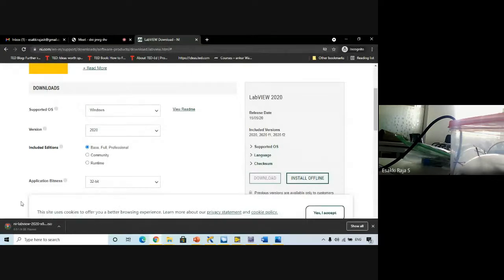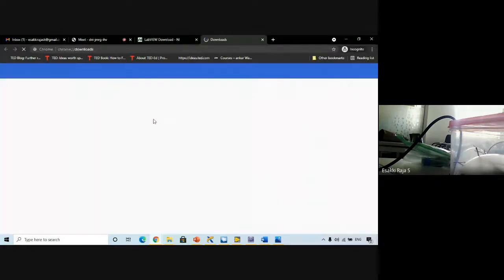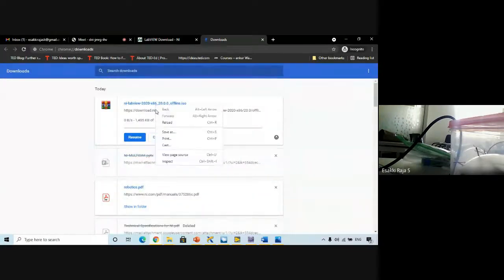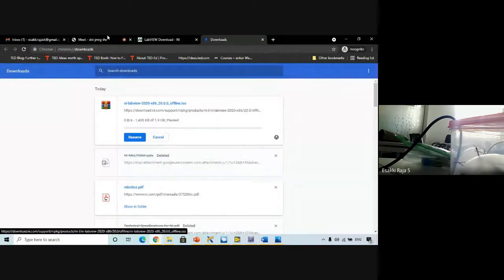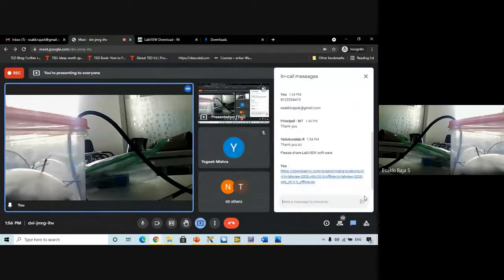I can't get the link. Just a second. Now I'll share the professional edition link. Copy link, and I can put it over here. Using this, you can download LabVIEW Professional Edition. There is also a free version.